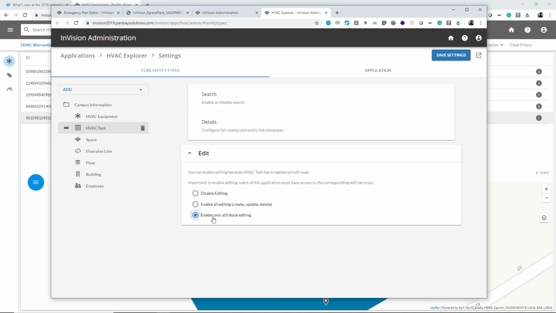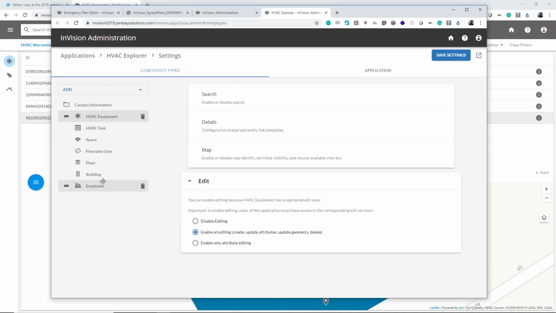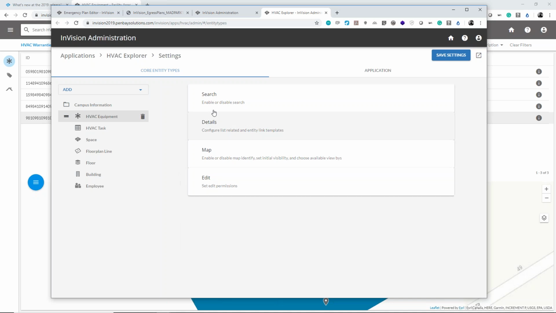We could allow them to only update the status. So if they needed to change a status field to say it's completed, we could do that. Or you can give them the ability to create a brand new record. You can do that for any of your entities. So you have the ability to really ratchet down what people can do, give them access to the information they need, but make sure that